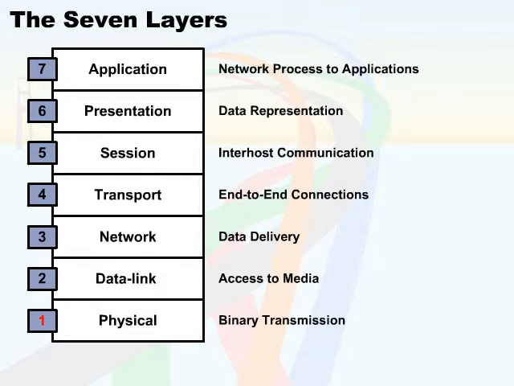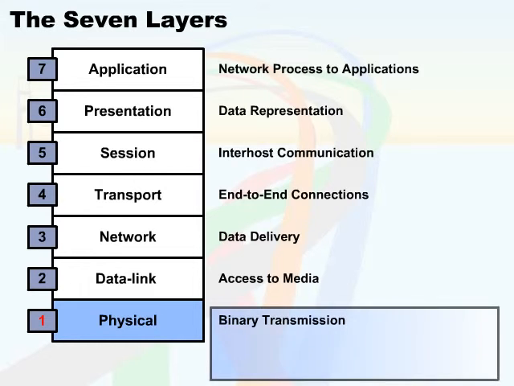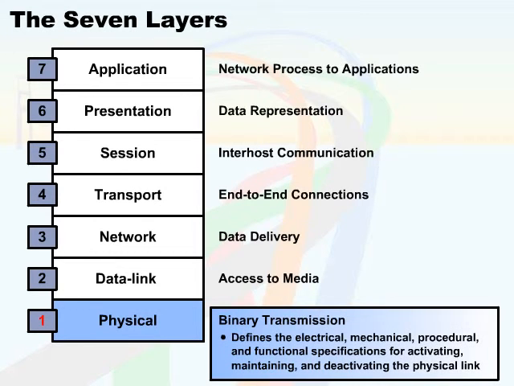Beginning with layer 1, which is the physical layer. The physical layer means binary transmission, which defines the electrical, mechanical, procedural, and functional specifications for activating, maintaining, and deactivating the physical link. Now that's the complex version. Think about it as whatever you can physically touch, the electricity, the actual positive and negative voltages that you're going